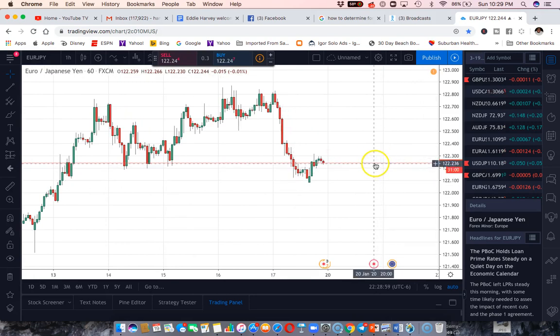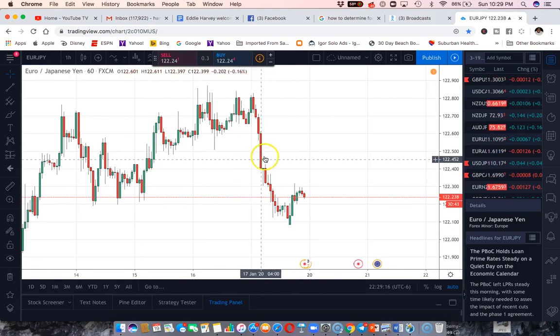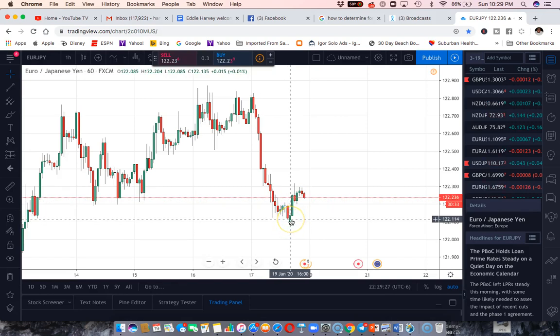Right here, you can see price is at 122.24, and I'm not sure where it's going to go yet. The market just opened back up a few hours ago. For me to determine where this is heading, I need to have my charts marked up. So you're looking at 10 o'clock, 9, 8, 7, 6, 5, 4. This is where the market opened back up at 4 o'clock Central Time, right? So this is the last candle